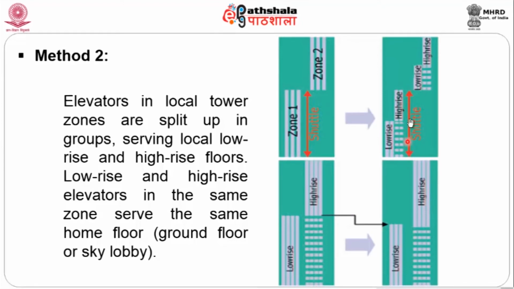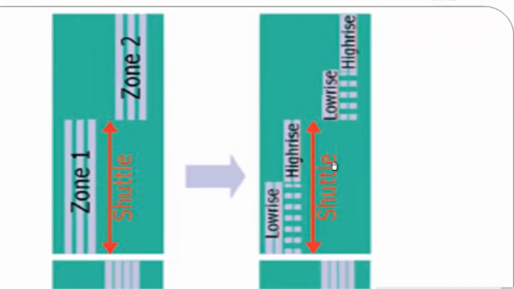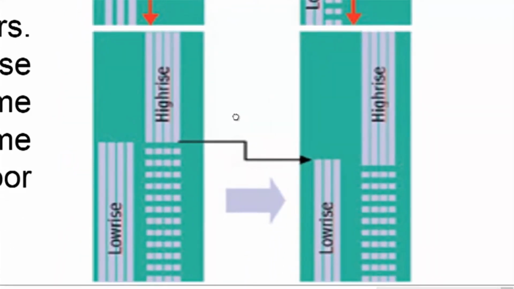Similarly, there is a shuttle service from here to the top, with low-rise and high-rise intermediate floors. So, for the low-rise there are floors in between which can be accessed, and the high-rise is here, or there is a shuttle service from here to here, low-rise and then high-rise. You can notice clearly how the elevators are stacked together. Now, you can principally bring down the high-rise or low-rise depending on the design criteria.